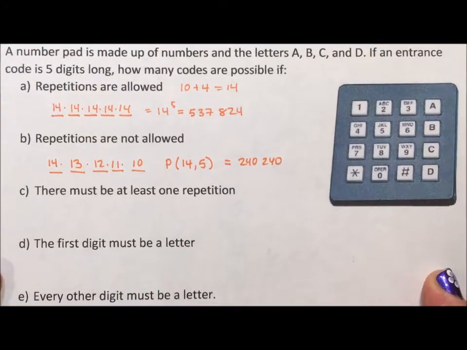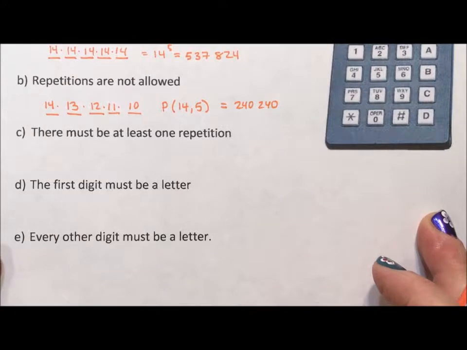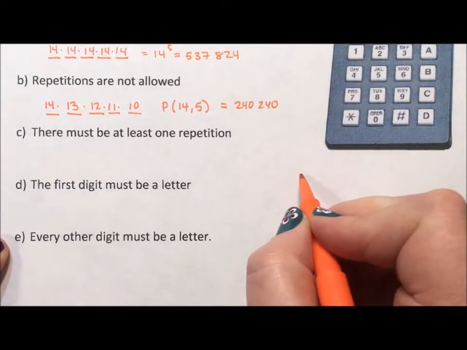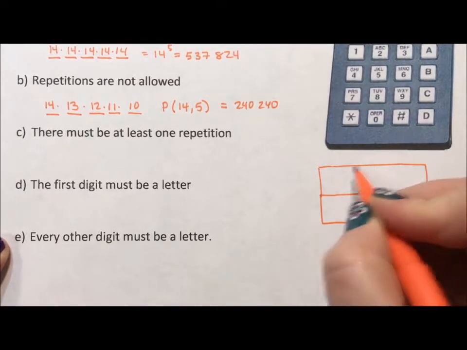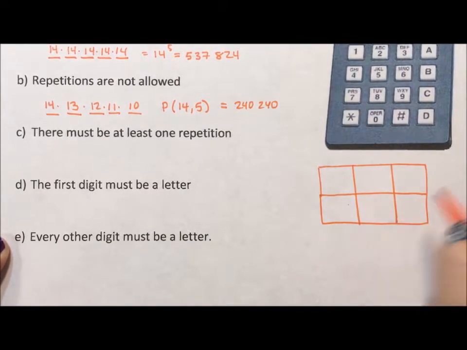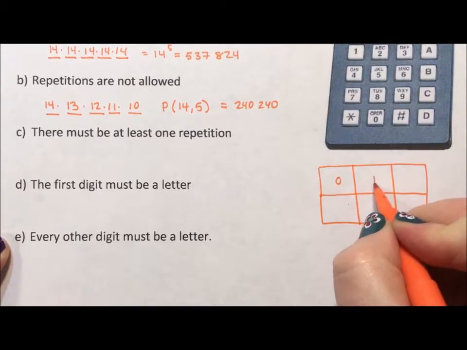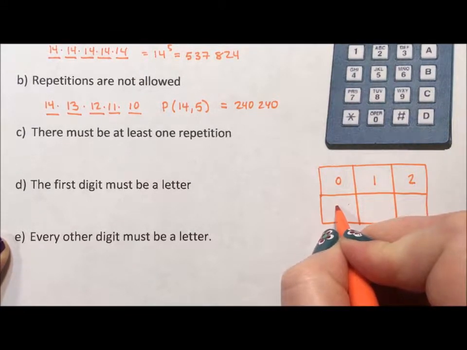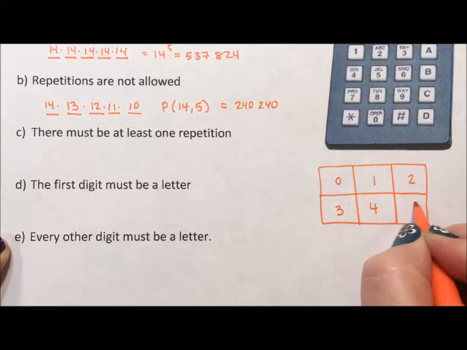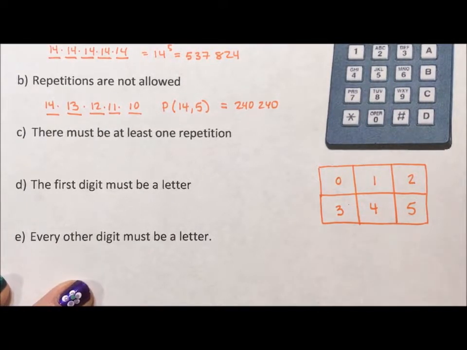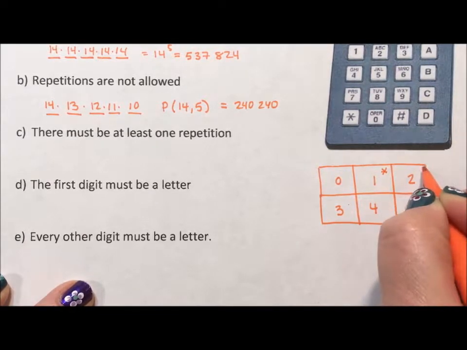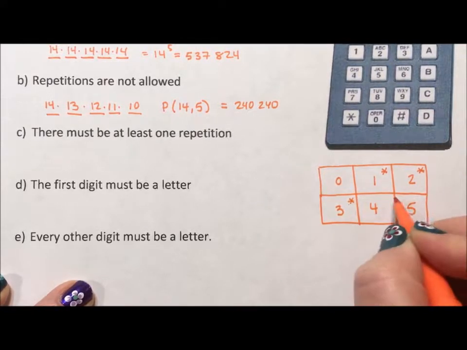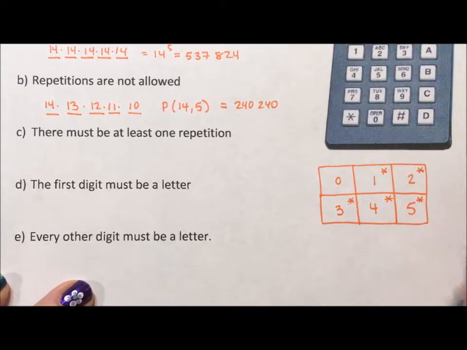Okay. What if there has to be at least one repetition? When you're talking about repetitions, this is kind of a fun concept. You could have 0 repetitions, you could have 1 repetition, you could have 2, 3, 4, or you could have 5. And if I wanted at least 1 repetition, I have 2 choices. I could either calculate 1 plus 2 plus 3 plus 4 plus 5, which is doing a lot of calculations,